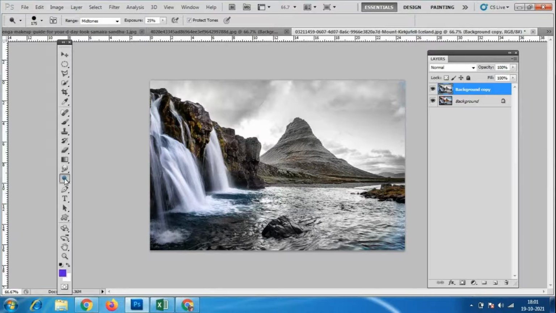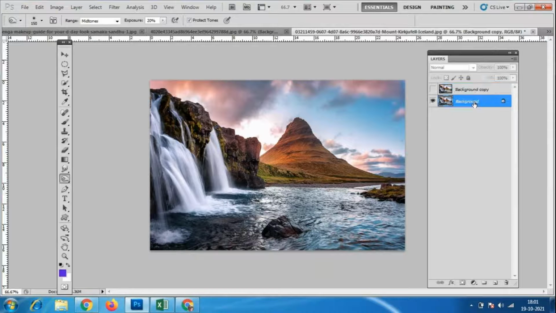Using the dodge tool, I can make it bright. With the burn tool, I can make the image dark, and again make it darker. If I want to make the image colorful once again, I have to erase it. Erasing works only if the background has a backup copy of the colorful image. Then only it is possible. Otherwise, the easy method is cut and copy.